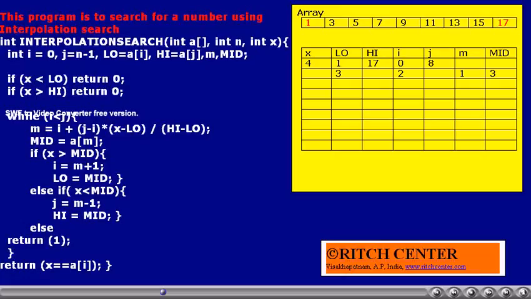No. Is x greater than mid? Yes. Which means that as the x value is more than 3, we are supposed to search in the right side of the 3. Thus, the i value will be adjusted as 2 and the low value is taken as 3.